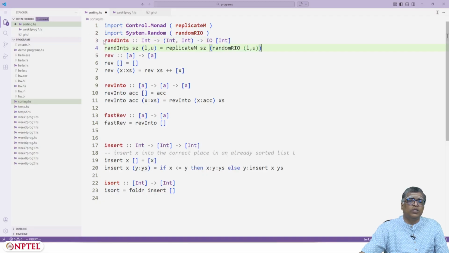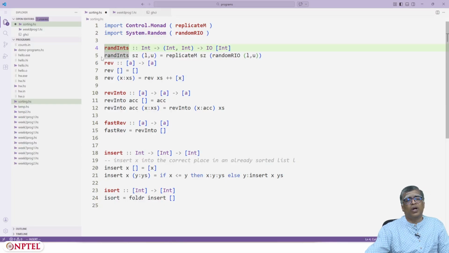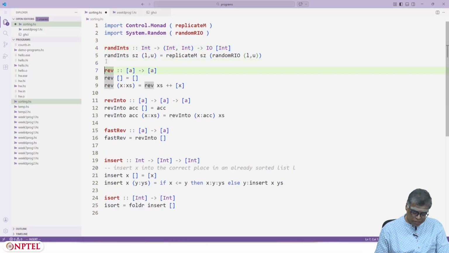Okay, so I have a procedure that, given the size of a list and given some lower and upper bounds, will produce a random list of integers in that range. So let me save this.